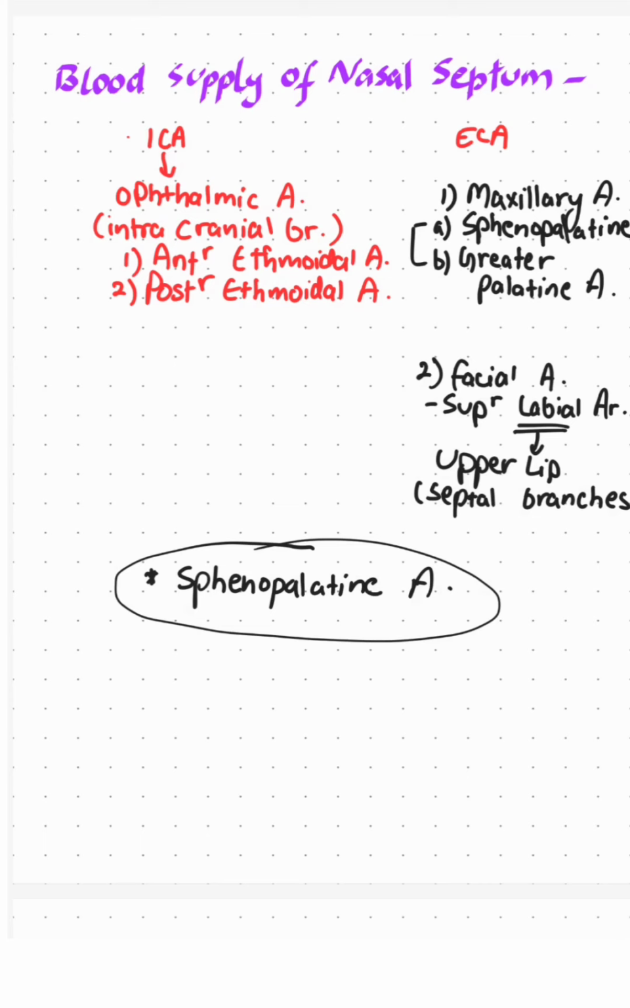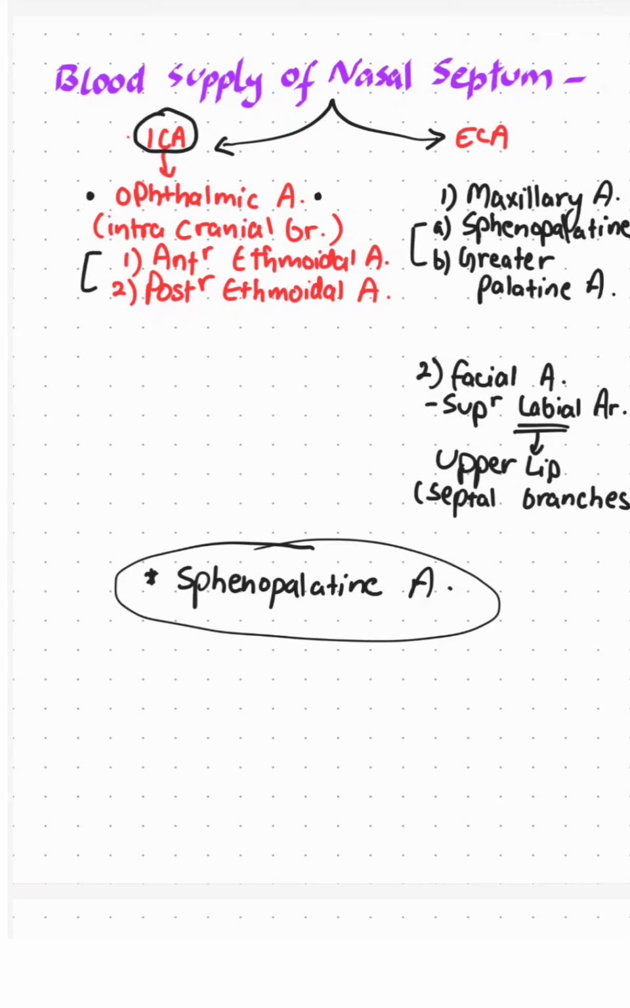So briefly discussing again, the blood supply of the nasal septum is by both the internal and external carotid artery branches. The internal carotid artery gives the branch which is intracranial, that is the ophthalmic artery, which further gives the two branches, anterior and posterior ethmoidal arteries, which are going to supply the nasal septum. Now the branches of the external carotid artery are the maxillary and facial artery, which are involved in the supply of